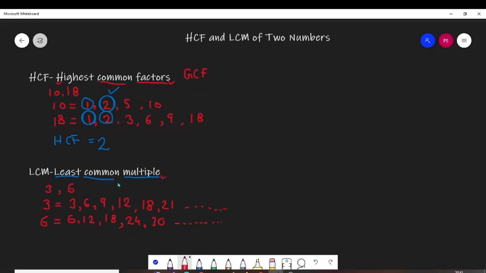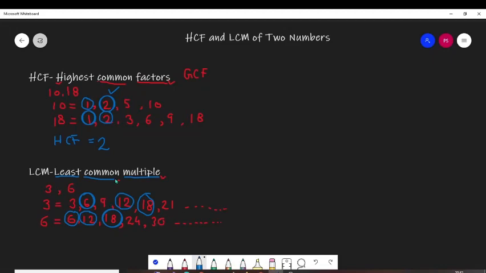The first step is done. Now we have to see the common multiples. Let me circle the common multiples. 3 is common here somewhere? In 6? No. 6 you can find here also and here also, so it is common. 9 is not in the multiples of 6, so it is not common. Now 12. 12 is in 3 also, it is in 6 also, so 12 is a common multiple. Now 18, yes, 18 is in 3 also, and it is in 6 also. Now 21, no, we cannot find any more common multiples. So now we have done our second step.